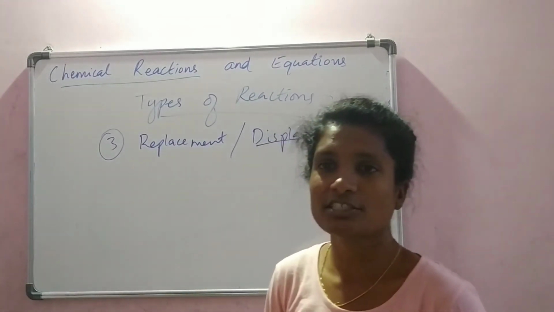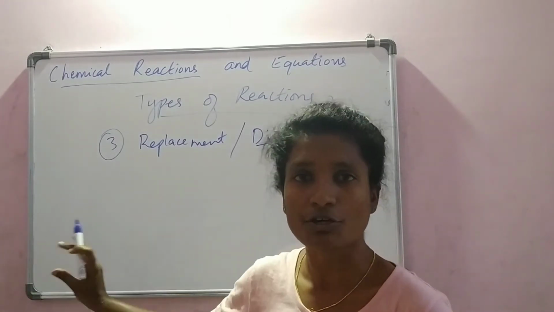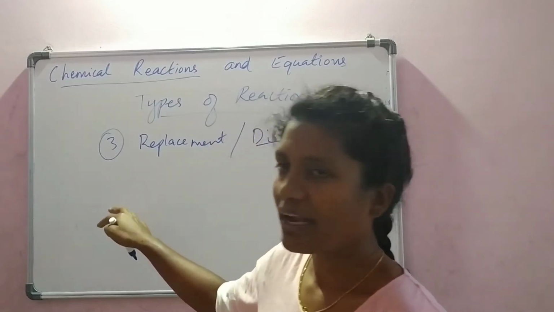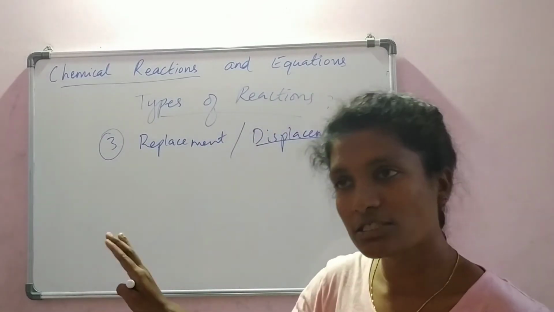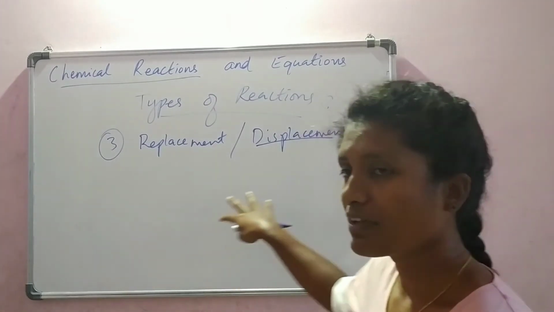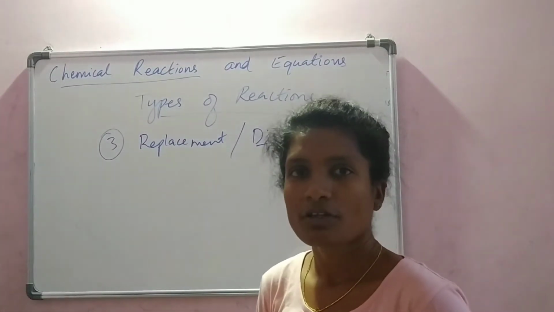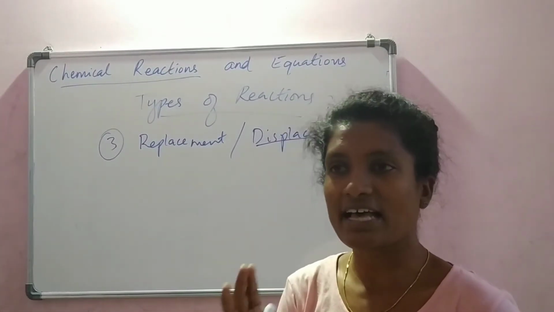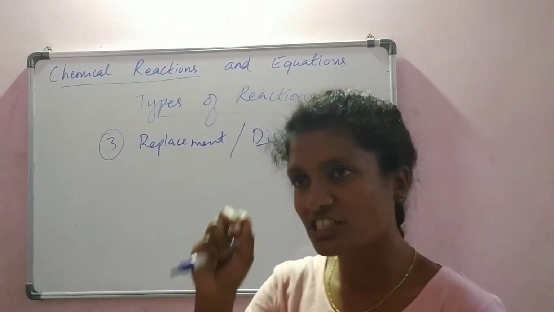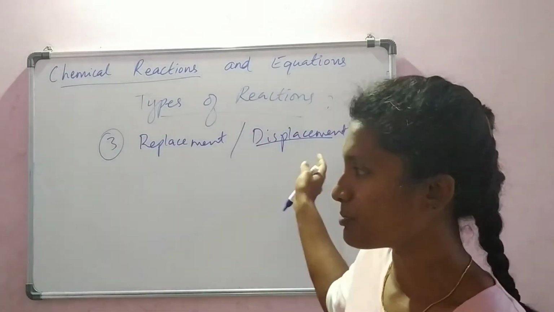Now in chemical reactions also, we will have two or more elements or compounds on the reactant side. One of the elements in the first reactant displaces the other element in the second reactant, which we will see on the product side. If you have seen the acid and base reaction, which is a neutralization reaction, it is a very good example of replacement, which is also an example of double displacement reaction.